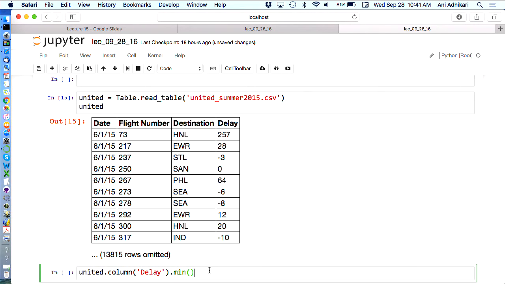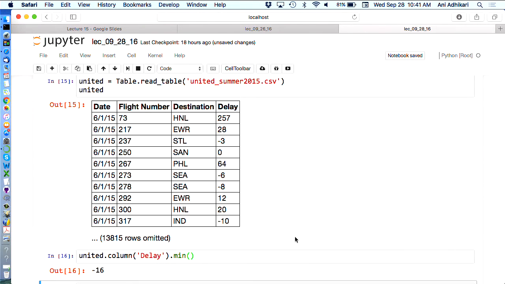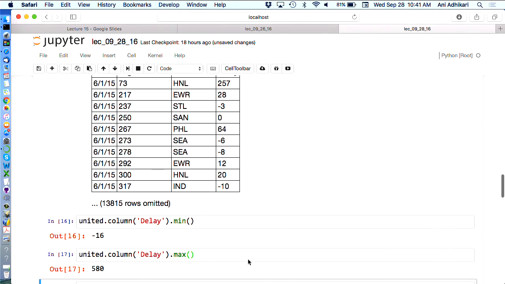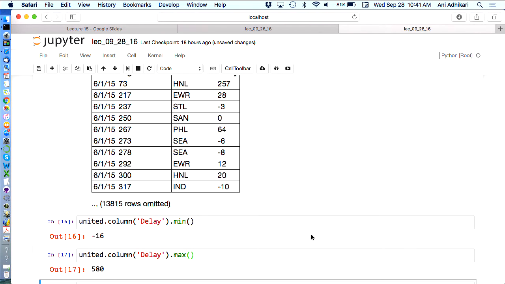Interesting question. What was the minimum delay? Please look, minus 16 minutes. That flight left early. Not many do that, but that one did. Maximum delay, everybody's interested in that. 580 minutes. Well, I don't know at what point do they cancel the flight, right? And this one is just called a delay. So anyway,